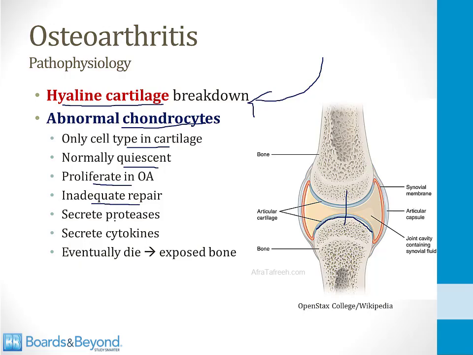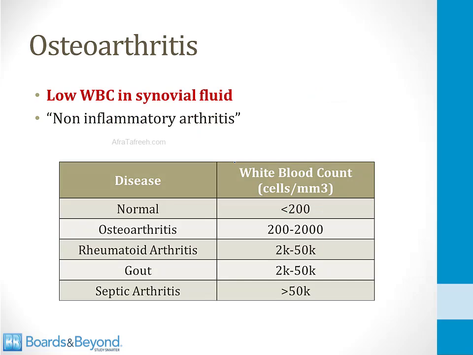They secrete enzymes like proteases. They also secrete cytokines, and this all contributes to the inflammation and breakdown in osteoarthritis. And then eventually they die, and this leads to the exposure of bone. So make sure you know that it's the hyaline cartilage and the abnormal chondrocytes that are key to the development of osteoarthritis. Even though there are cytokines and inflammatory cells involved in osteoarthritis, if you sample the synovial fluid, you